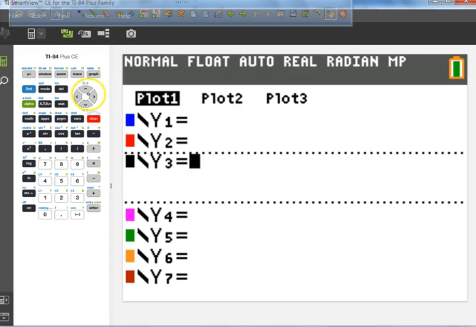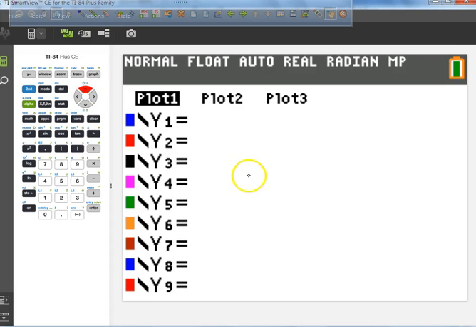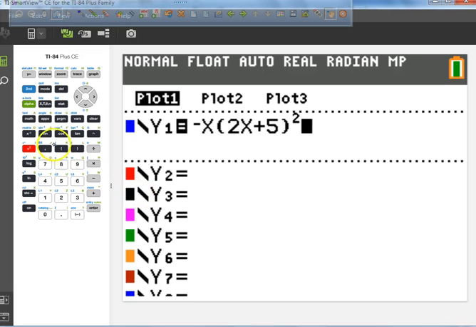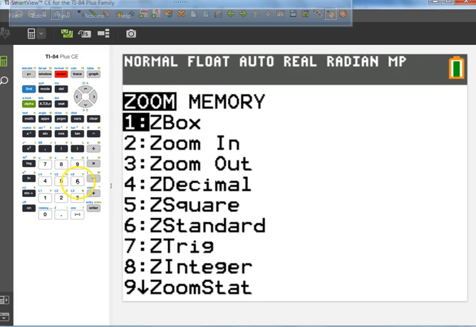Just do second plus 7. I don't want to clear all of that. I've got a negative x. Then what do I have? 2x plus 5. Now I'm going to close this off and just square it. Okay? And then I have what? An x minus 3. Okay? Now, if I hit zoom and 6, which is a standard zoom,